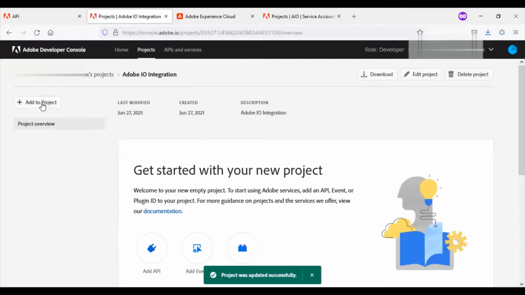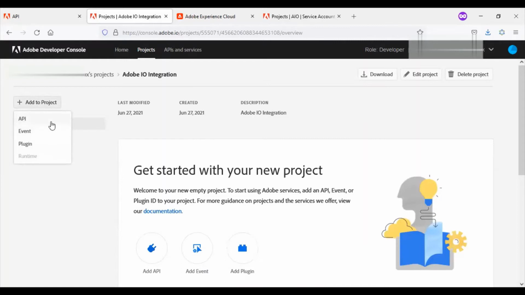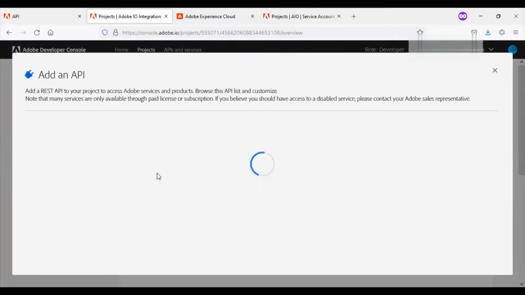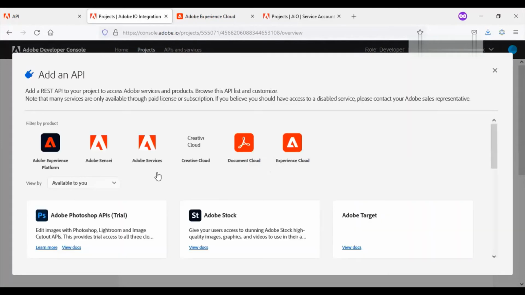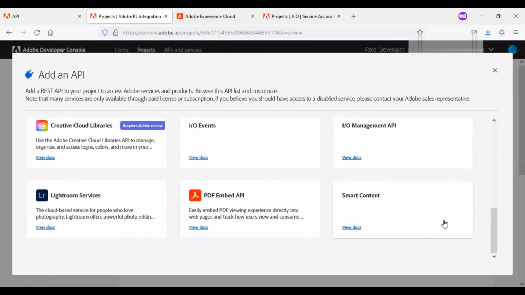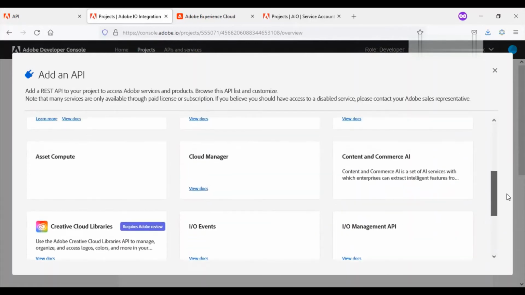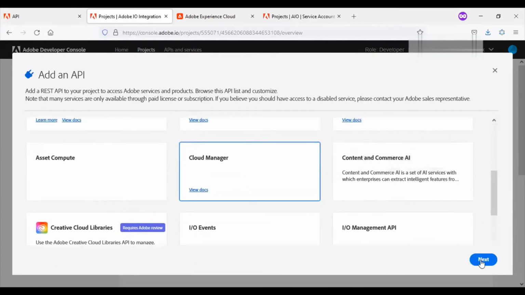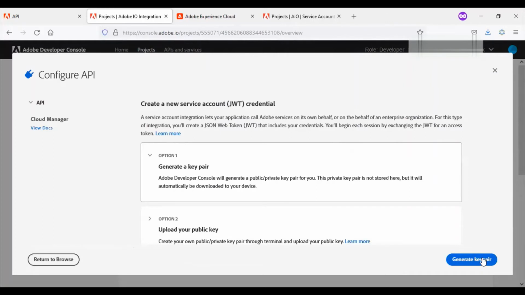Once that is done, you will have to click on add to project and select the API. Since I'm going to work with Adobe Cloud Manager, I'll go to the Cloud Manager section, select it, and click on next. Here you have two options: either generate a key pair or upload the public key which you have created. So I'll go for generate key pair.